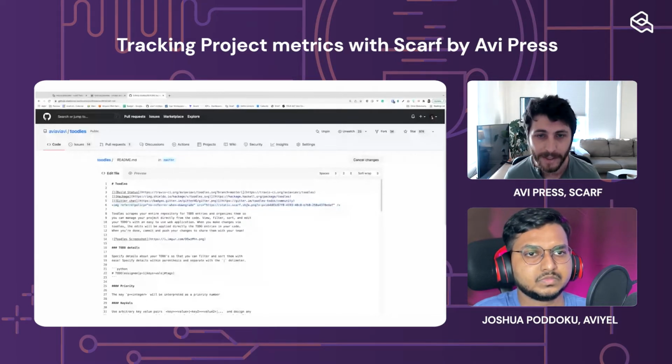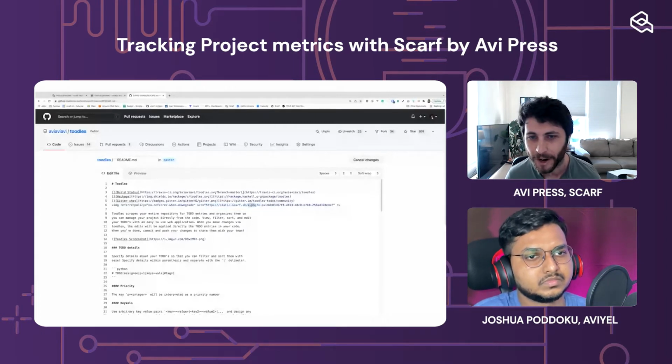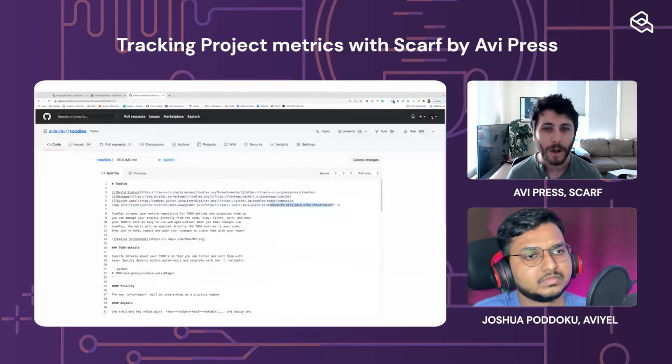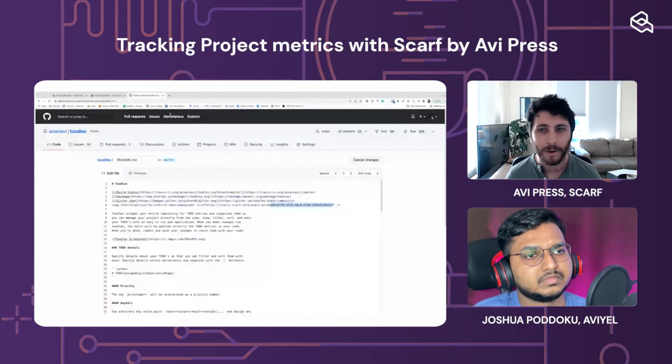And so you can see that that's at static.scarf.sh. We have just a very generic a.png tracking pixel, and we include this parameter, which essentially references the ID of my pixel.